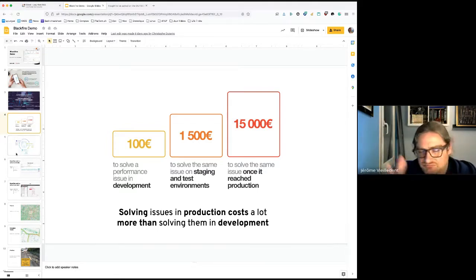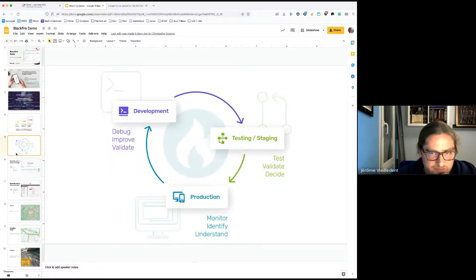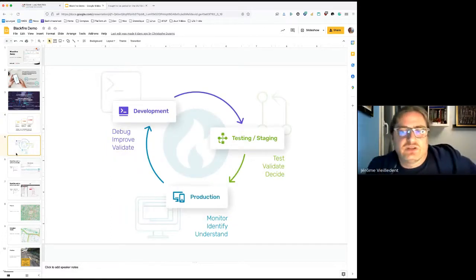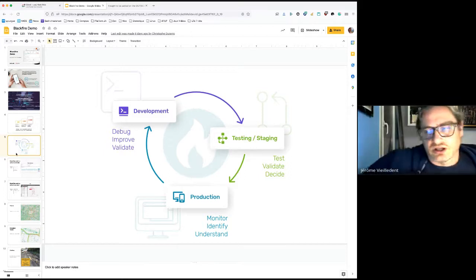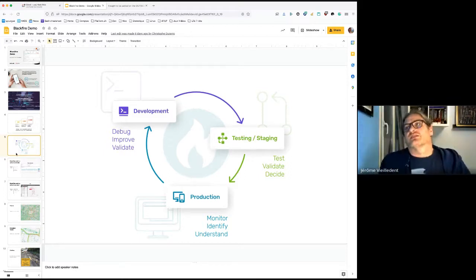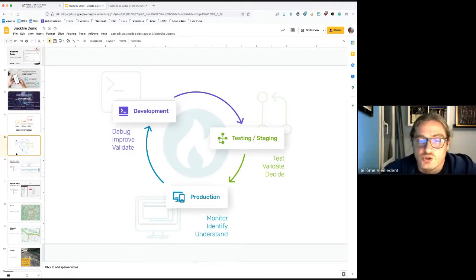Try to identify performance issues as early as possible. And Blackfire covers the complete development cycle, from development to production, and going through testing and